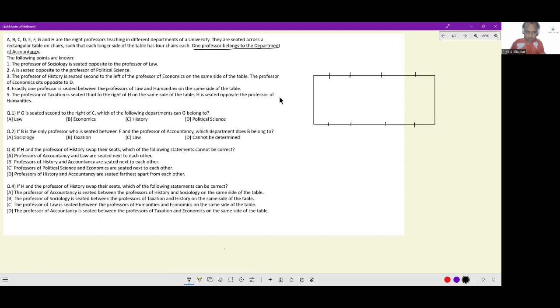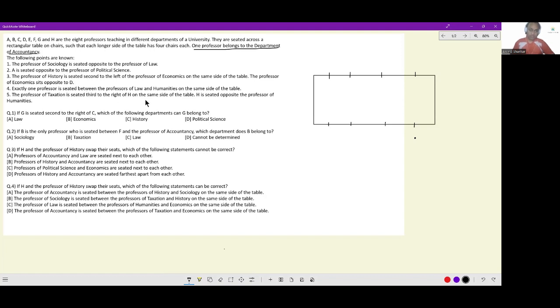Honestly, this gives us 2 cases. If the professor of history is seated second to the professor of economics, let's say if economics was here at this point, the history professor would be here. And if the professor of economics was here, the professor of history would be here. It doesn't really matter which side you take them on. It simply means 2 cases come from here. So far, between 1, 2, and 3, 3 is the best starting point. That does not mean we should start with statement 3, but out of 1, 2, and 3, 3 is the best starting point because it gives us precisely 2 cases. The others give us more than 2 cases. Fourth,